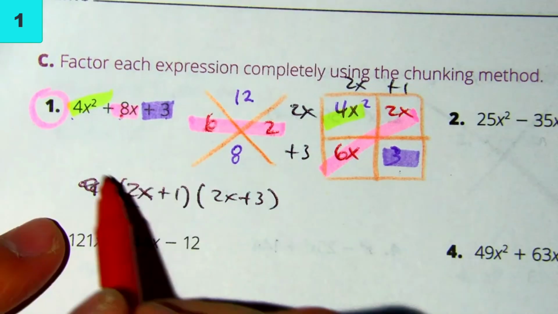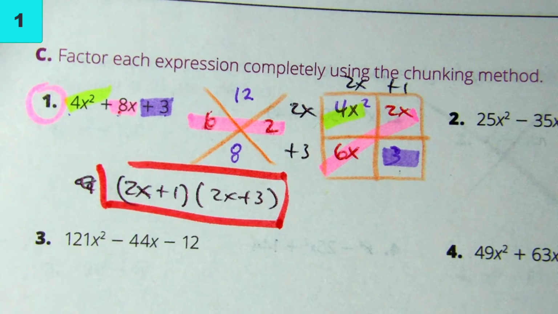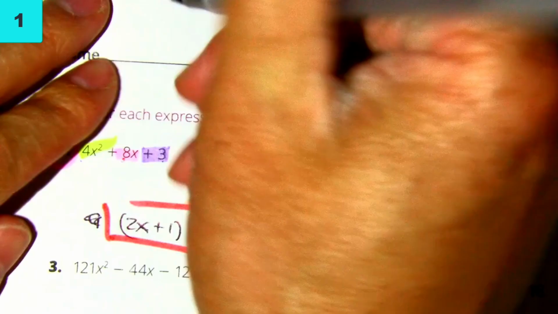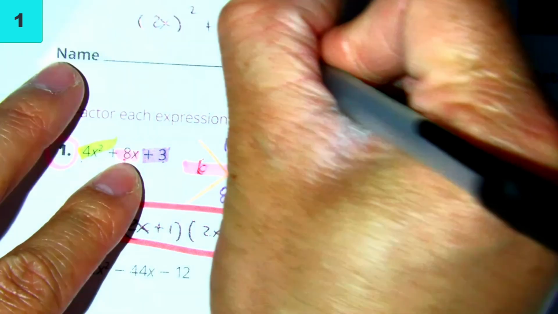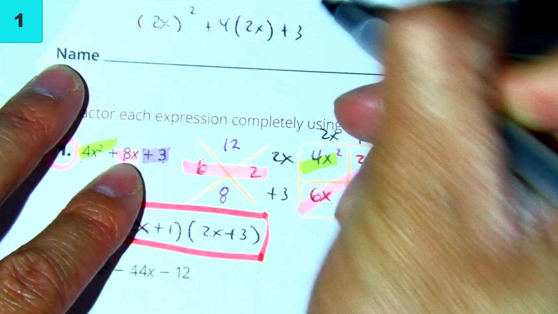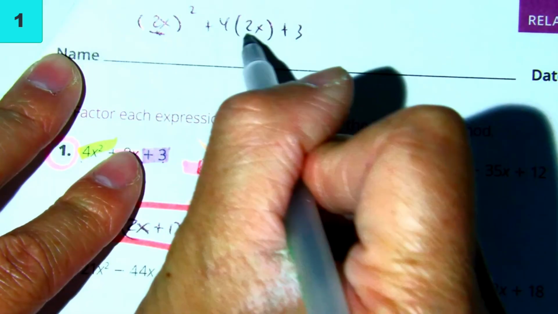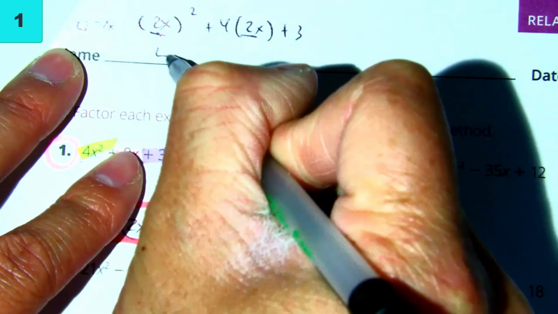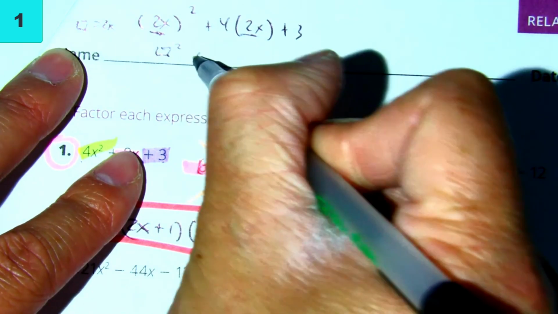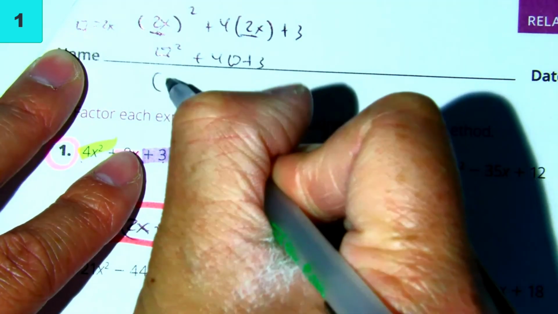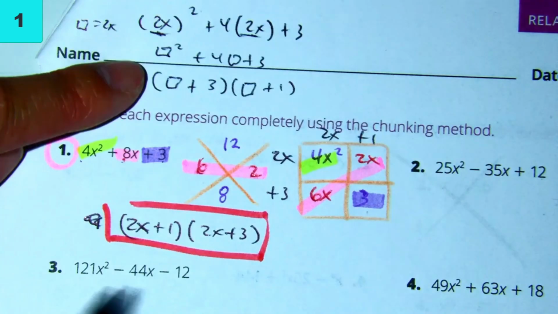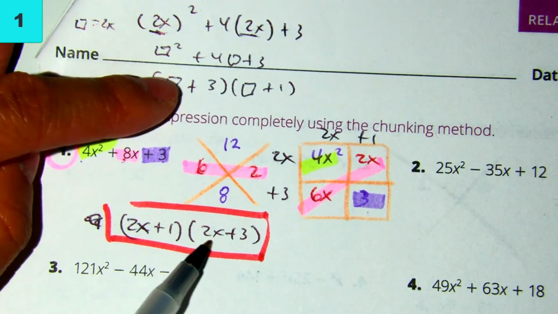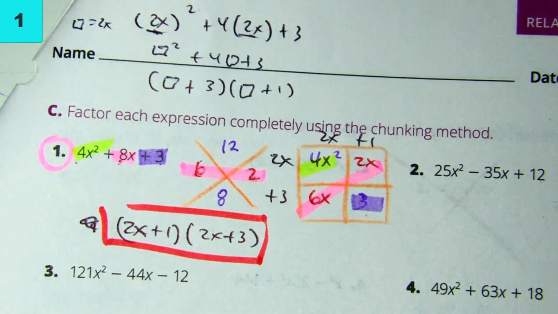If you were using the chunking method, I'll do that one really quickly for you. I need to put something in the parentheses to be the power of 2 to be 4x squared. That'll be 2x. So the power of 2 has to go on the outside, and this would be 4 times (2x) squared plus 4 times (2x) plus 3. Your variable, like your square, equals 2x. So I'd have 4 square squared plus 4 square plus 3. And then when you factor that, that'll be square plus 3 times square plus 1. If you do the substitution for your square, you'll get 2x plus 1 and then 2x plus 3. That's